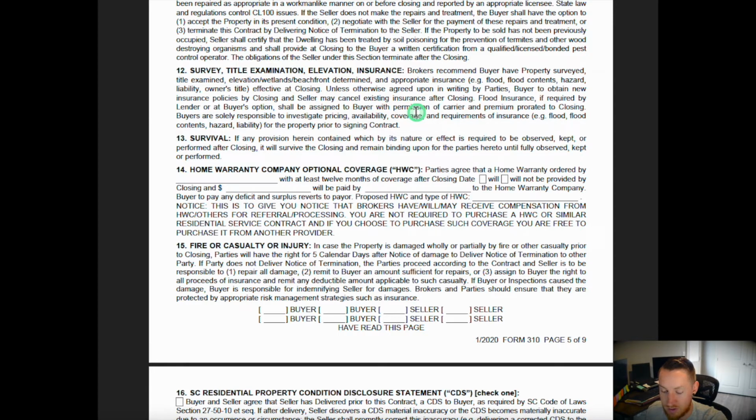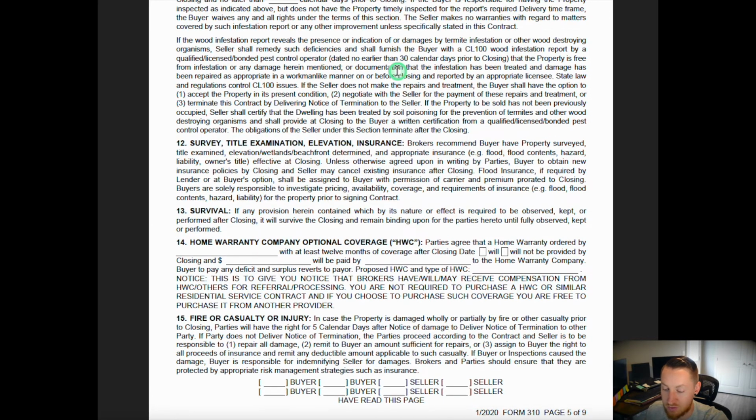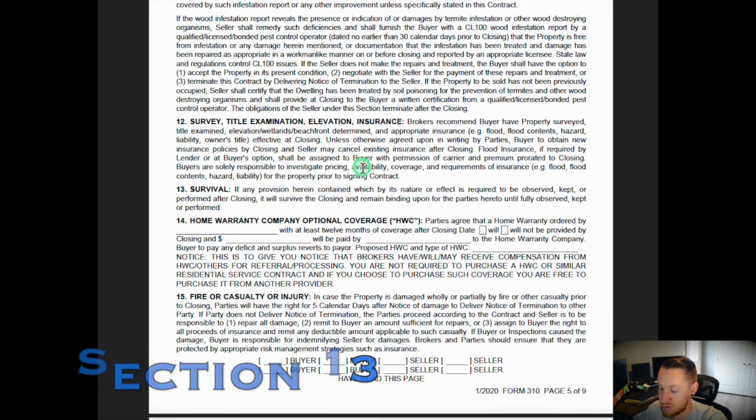It's also recommended to have the title examined, which the attorney will do, and to get a cost estimate for insurance on the property. You want to verify its existence in a flood zone, which the lender will also do, but your agent can check the FEMA flood map to see if the property is in a flood zone prior to the lender. Section 13 talks about survival clause that covers, say, if there's a repair that needs to be